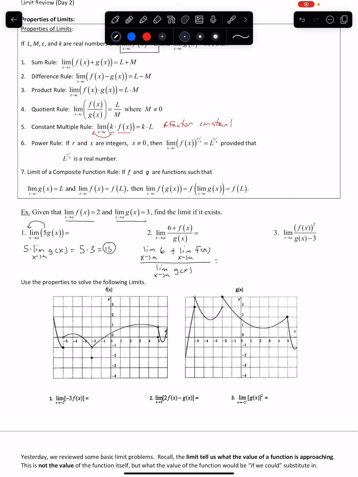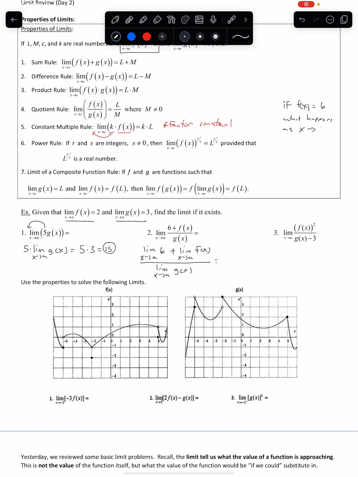But let's take a look here. We didn't talk about right here. What is the limit as x approaches a of just 6? Well, remember, what we're saying here is that if f of x is 6, what happens